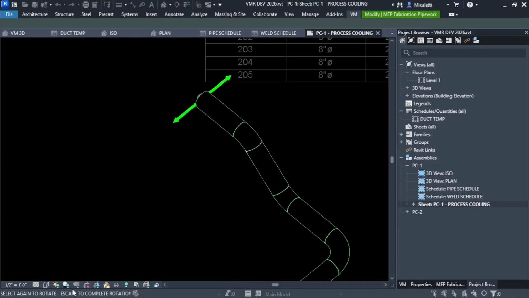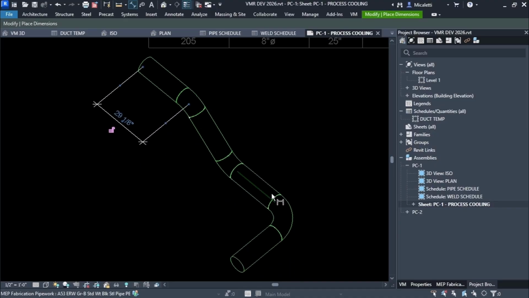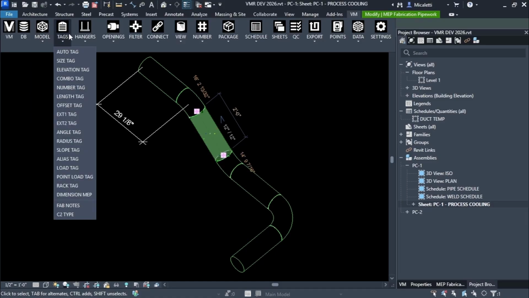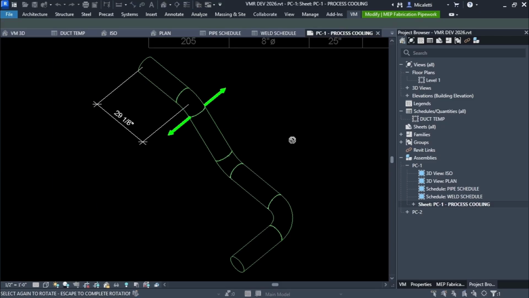So I'm going to set that, and down here it's saying select again to rotate, escape to complete rotation. So we would select that. There, it set my work plane. Now I'm ready to dimension from here to here, right? Now, if this was the same plane, I could keep going, but it's not, right? I need to change planes now. So I'm going to do it again. Like I said, guys, there are hotkeys and programmable mice, but for now I'm going to go through the ribbon here, and now I'm going to do it again. Where do I want to drag it? The same way, right? Escape. And I'm going to go from here to here,